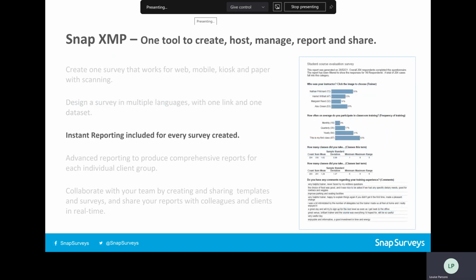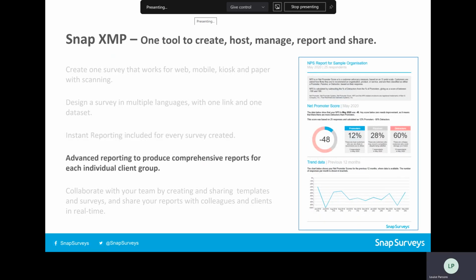Instant reporting, I have to say I do love instant reporting, and that's included for every survey that you create. So each survey has a pre-designed summary report to accompany it, and this can be edited to include or exclude information. There is also more advanced reporting, so you can design your own reports from scratch. You can use the great analysis tools available within the platform. If you require more detail or more complex reporting, you can create your own bespoke smart reports. And these can include benchmarking data and contextually splitting it by, for example, site or business area.